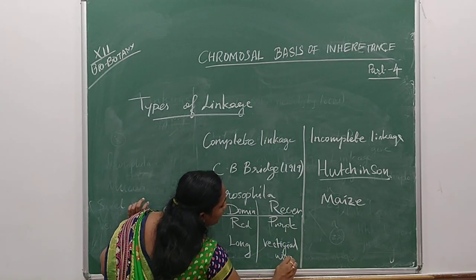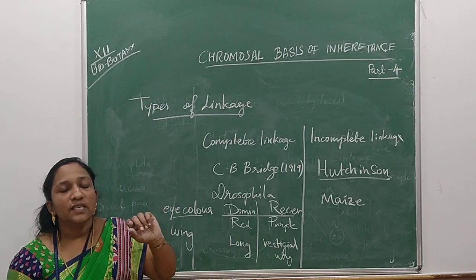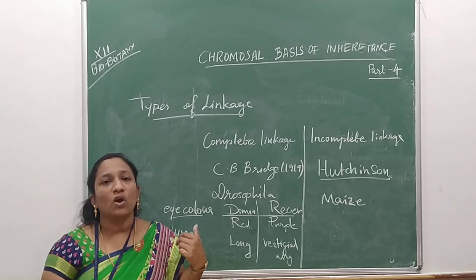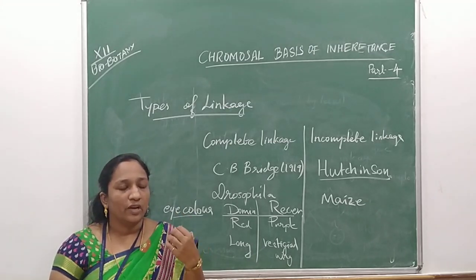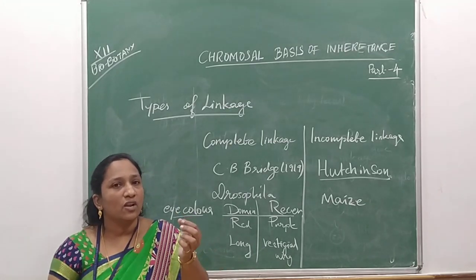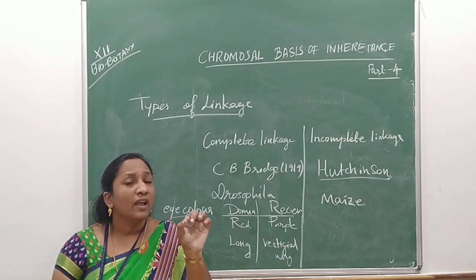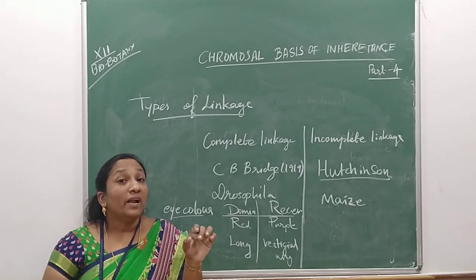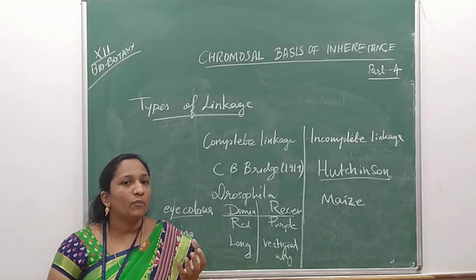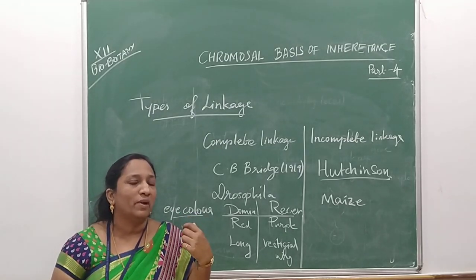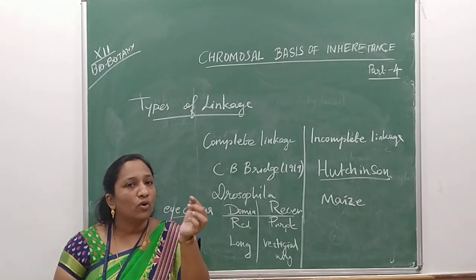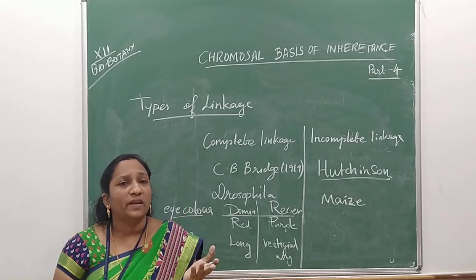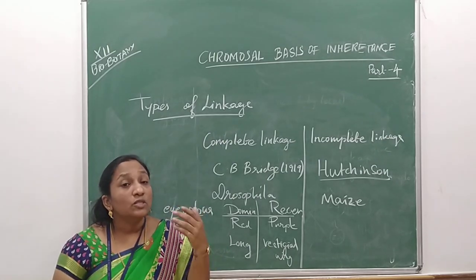vestigial wing. What does vestigial wing mean? The wing size is reduced, and it is said to be functionless. As in the case of the small intestine and large intestine uniting, in that area the cecum will be there, no? So that cecum, appendix, what is it said to be? We have learned that this is the appendix. What is it? A small tail-like growth between the small intestine and large intestine, that is called a cecum, or it is said to be an appendix. So that is rudimentary for us.